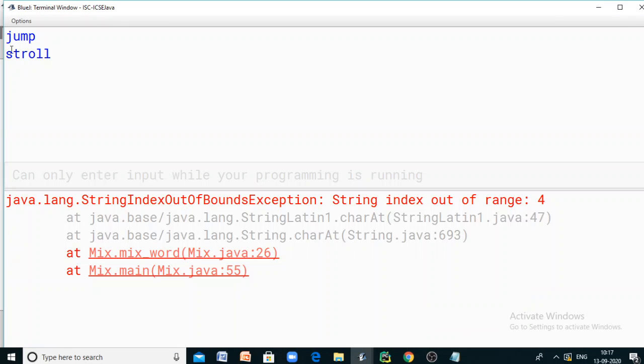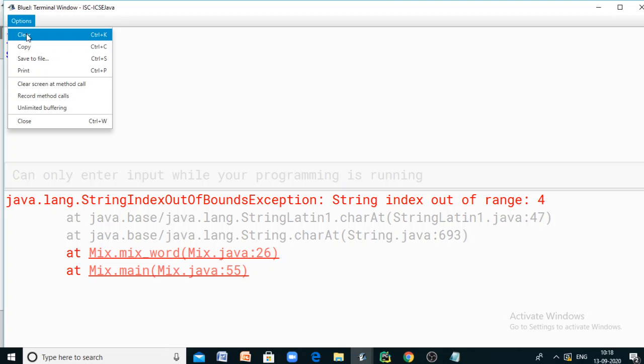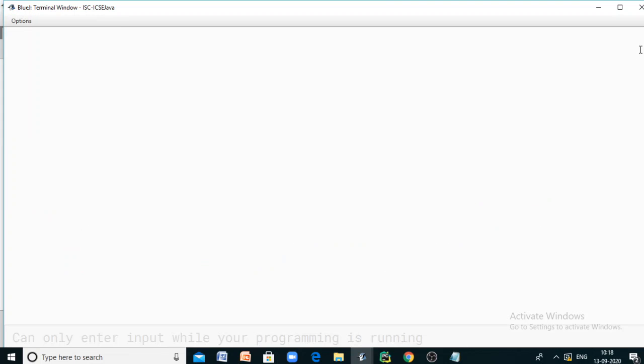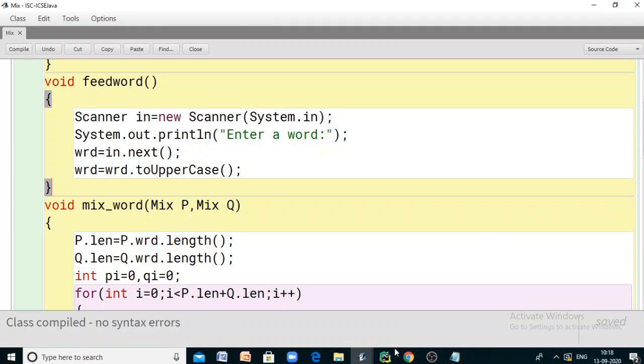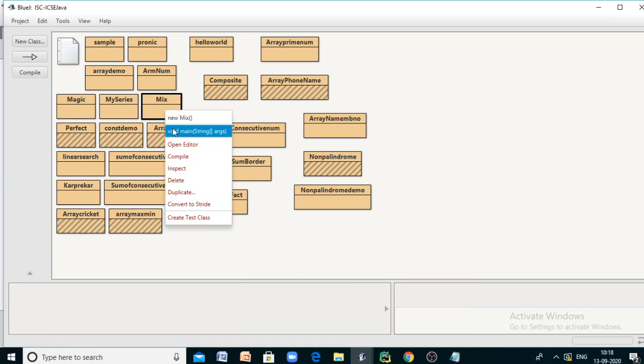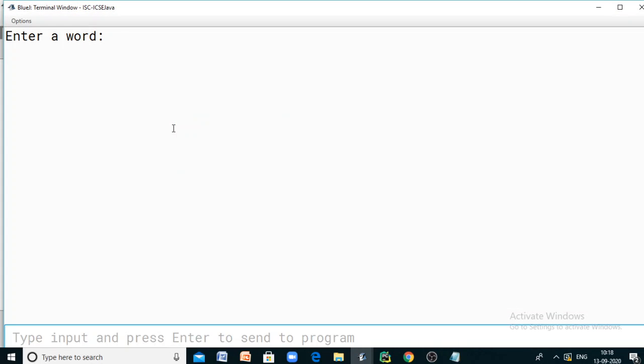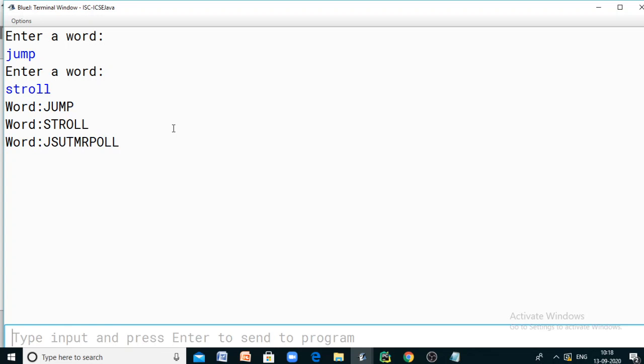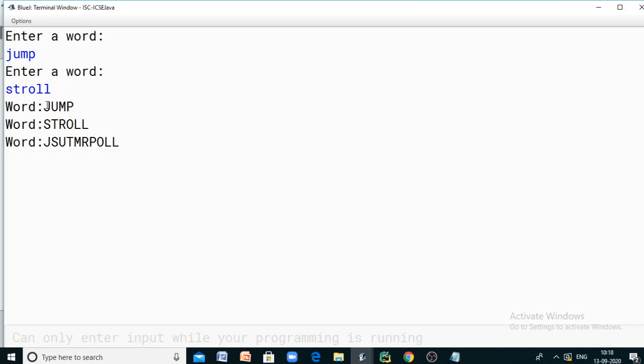Before that, let me clear the output screen once. Okay, now let us run the code again. Enter the first word, jump, second word, stroll. Now if you see, the first word is jump, the second word is stroll, and the clubbed or mixed word is this one.